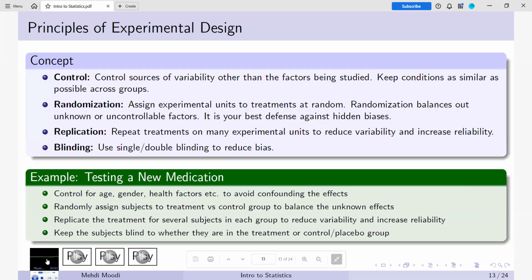If we skip controlling for gender, we risk a classic confounding disaster. Say more men land in the treatment group and men recover faster naturally. Suddenly it looks like the drug is a miracle. Or if more women end up there and recover slower, we might say the drug doesn't work. Moral of the story: without control, you're not testing the drug, you're just mixing effects and wasting everybody's time.